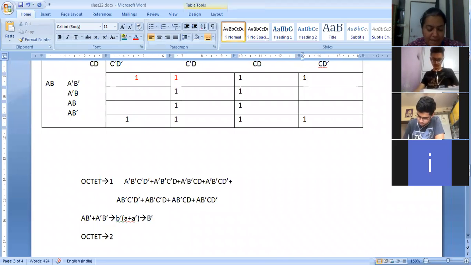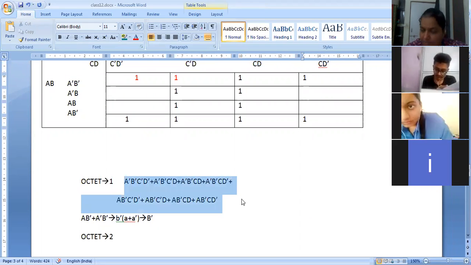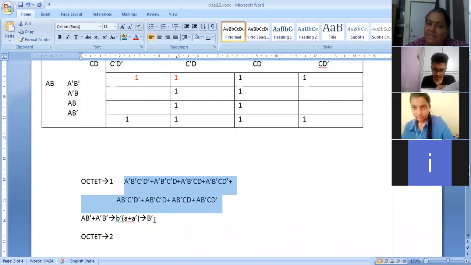Can you see the group that has been created, an octet? And the first answer is B bar. How do we get it? See, if you keep simplifying like this, you will go nowhere. But you can try to simplify, and you will get the answer as B bar only. Students can try this. You should know all the properties of 0 and 1 and all the laws, especially B plus B bar is 1, B dot B bar is 0. Here there will be no dot, but plus will be more.